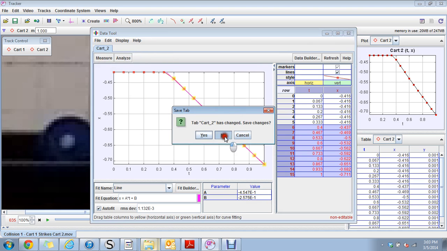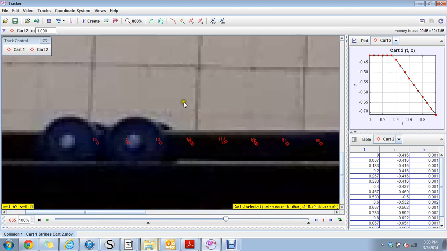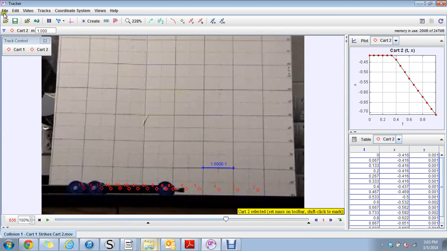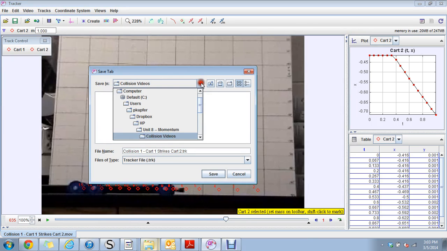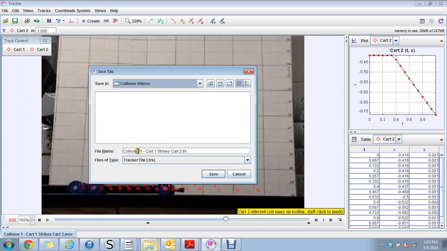I've recorded my data. Zoom out. I'm done with that. I'm going to save it. I'm going to File, Save Tab As. I'm going to go to my student folder, and save it as that. And then I'm going to move on to the other